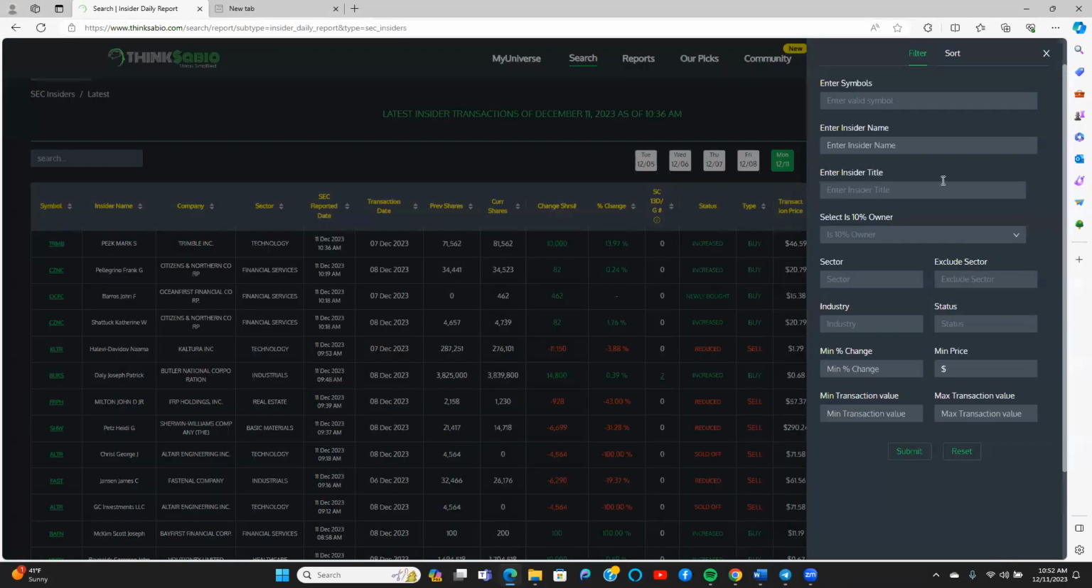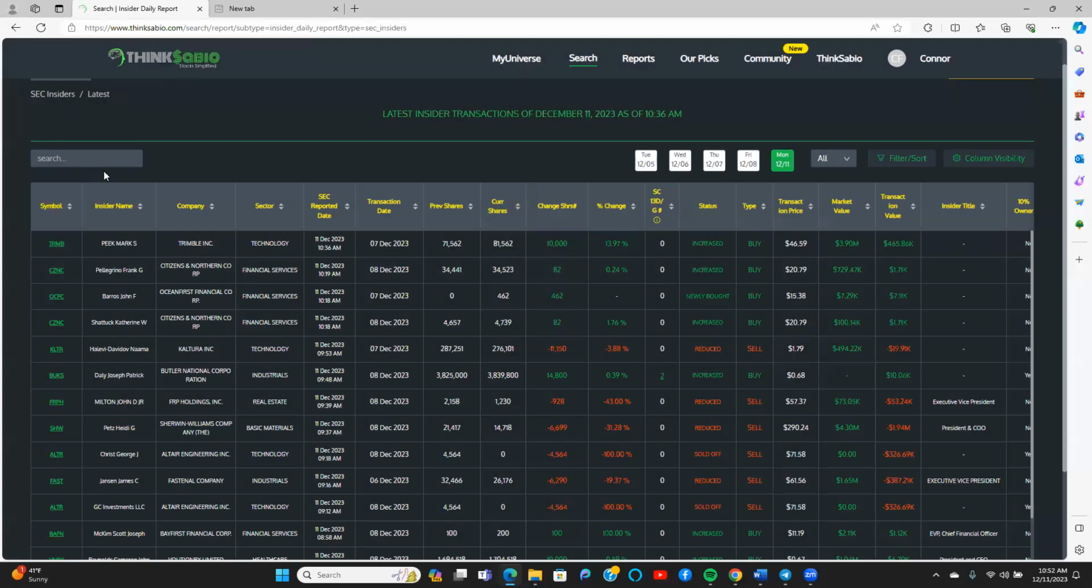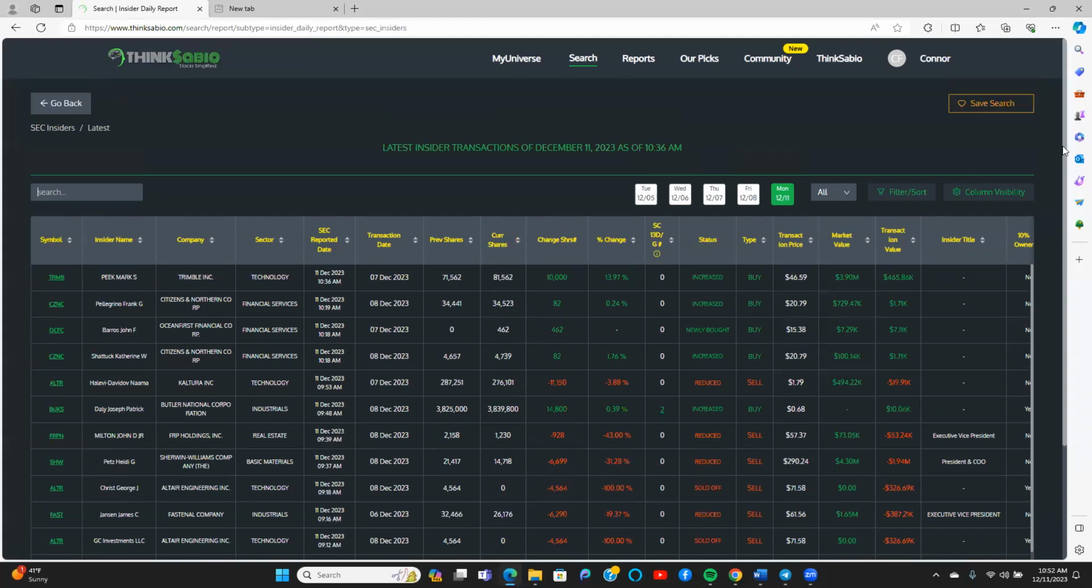Then here, you can filter the data based on specific values, like maybe the name of an insider or a specific symbol, or if they're a 10% owner. And with this column visibility, you can select which columns you want to see. And with this search function, you can search specific symbols or insiders to filter it down. Then next, we'll look at